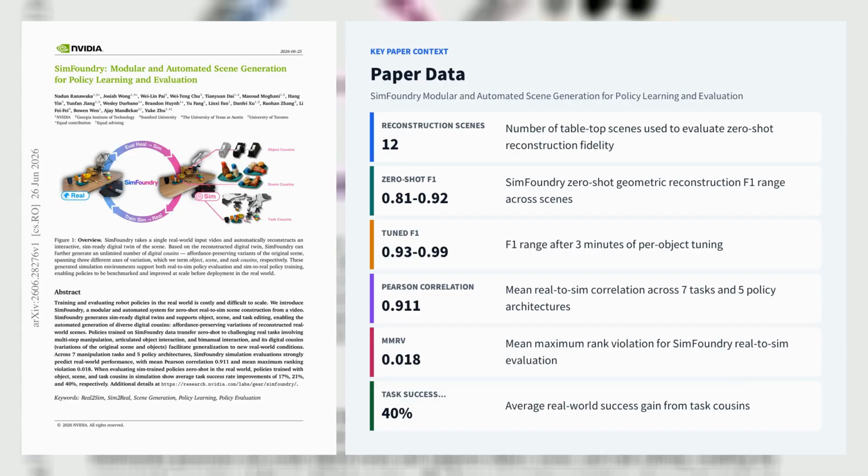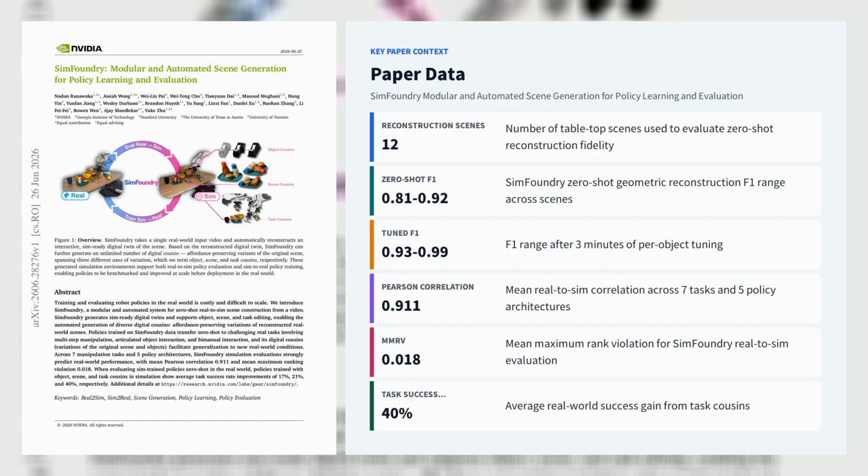Let's explore the third paper: SimFoundry, modular and automated scene generation for policy learning and evaluation. SimFoundry, from NVIDIA with collaborators at Stanford, Georgia Tech, and UT Austin, is a modular reel-to-sim pipeline that turns a single RGB video into an interactive, sim-ready digital twin and then expands it into affordance-preserving object, scene, and task cousins for robot policy learning and evaluation. The system decomposes reconstruction into extraction, mesh generation, pose alignment, articulation inference,